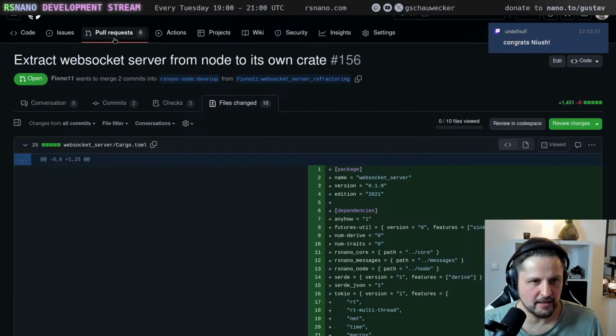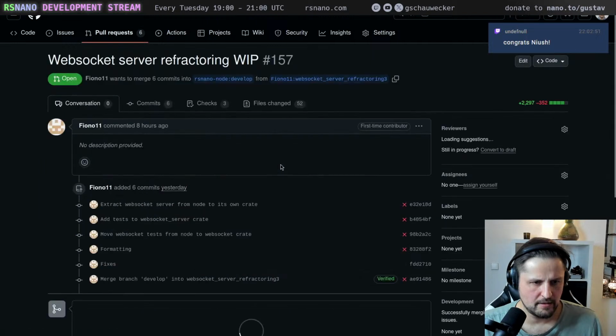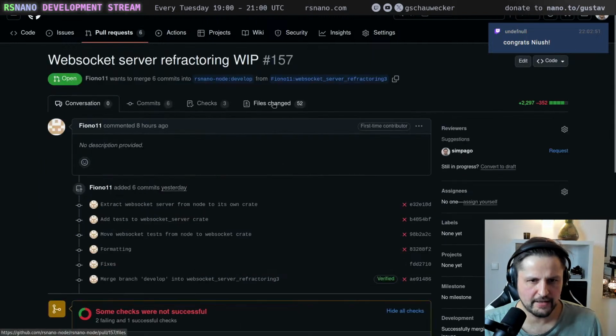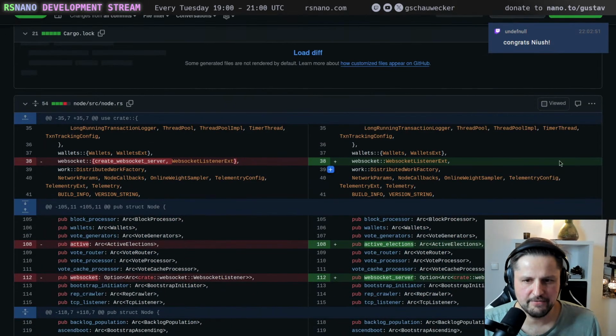Let me just check the other PRs. So this is extracting. This is refactoring. Music stopped. Let's just try it again. Refactoring. What does refactoring do?